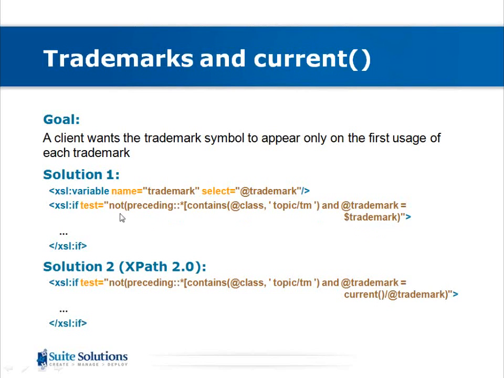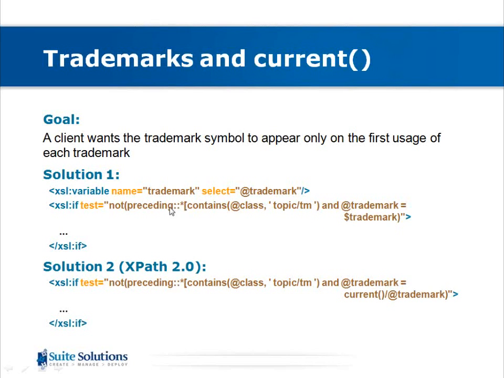So if it's not the case that there's a preceding element that has the same trademark value, then we're going to process this TM and put in the symbol and so on. I've omitted that code because it's not relevant to our current example. The point is that we limit our processing in that we'll only process the symbol if there is no preceding element with the same trademark attribute. Now, I had to give that whole explanation of the variable and this trademark attribute and that trademark attribute because once we're inside these brackets, once we're inside the predicate, we're looking at the node that's matched by the star,